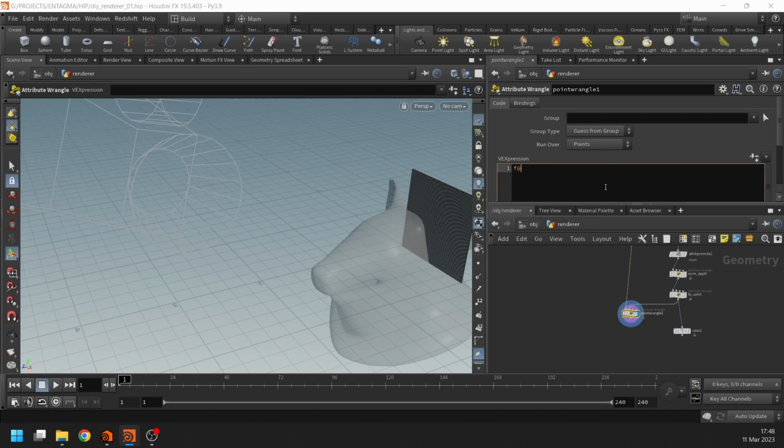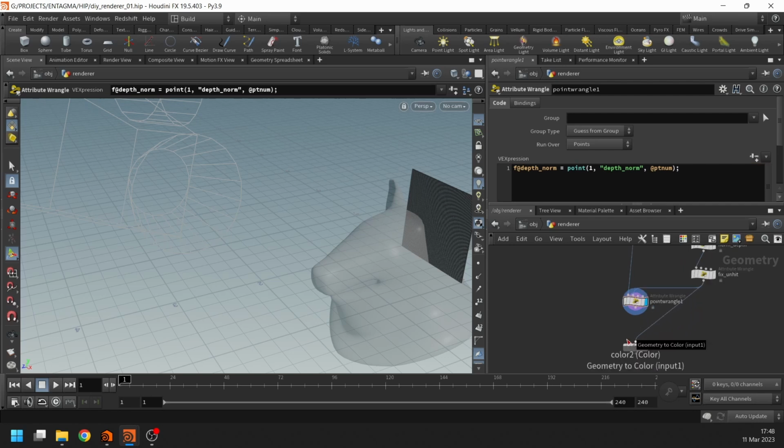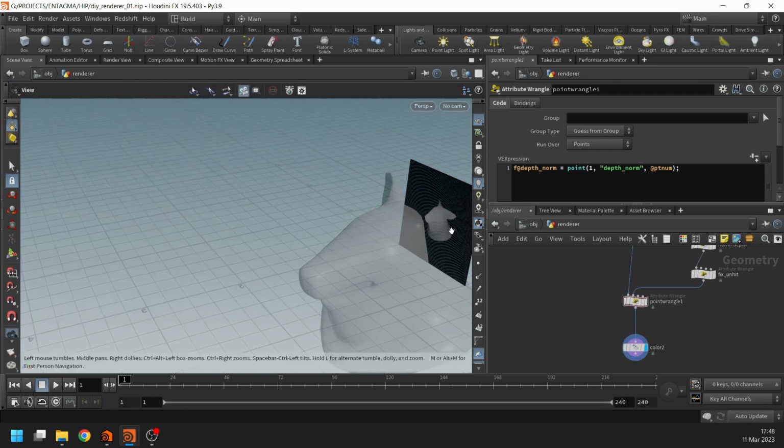And then on our data grid, let's set the depth underscore norm to the value coming in through our second input slot that's stored on the points and is also called depth underscore norm. And we're going to use the point number, as the points themselves didn't change, the geometry didn't change, so their point numbers didn't either. So let's wire up the color node here and visualize this, and we can see, yeah,